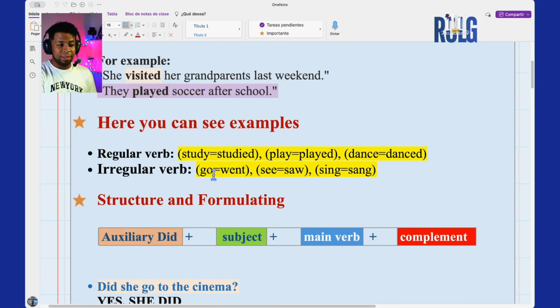As you can already see, we have two kinds of lists in the past simple. For example, regular verbs: all of the regular verbs end with -ed in their past tense. However, irregular verbs are totally different when we want to use them in past tense. That's why I told you before starting this class that sometimes people get frustrated with this